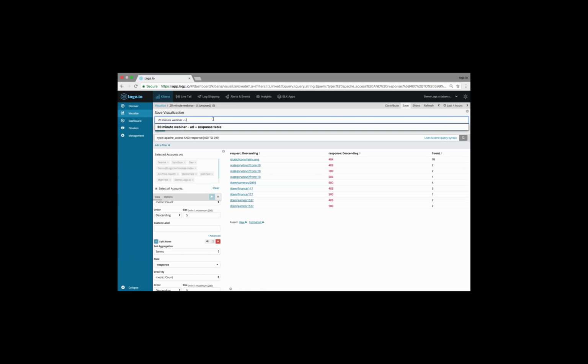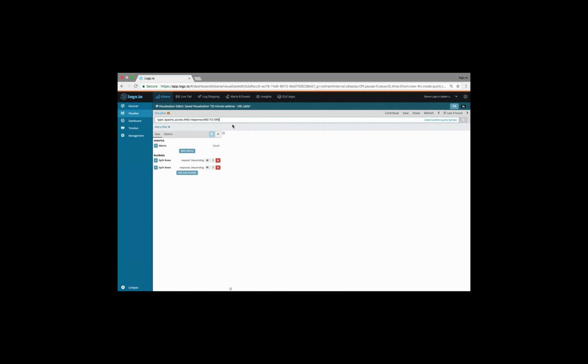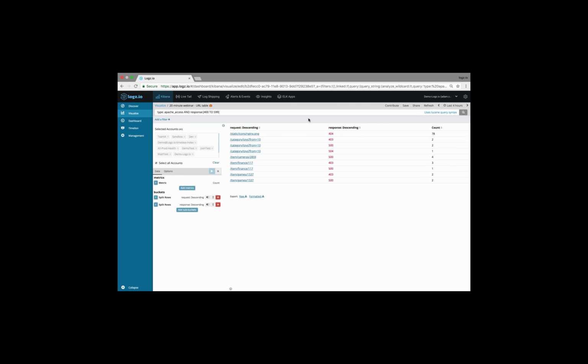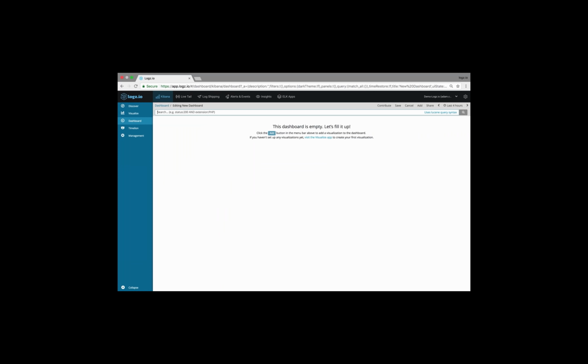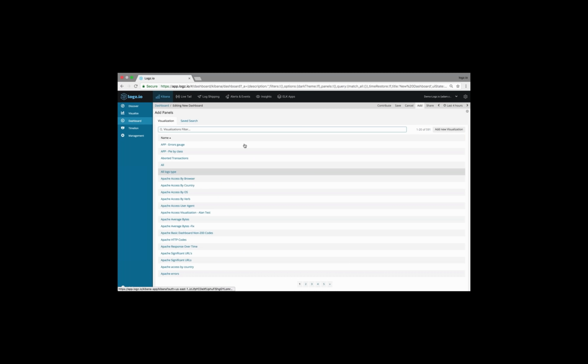Change the name to URL table. Click on save. Now I have a few more visualizations that I already prepared up front because there's nothing new that I can show there, and I would like to show you now how I arrange all of this into a dashboard. So let's go ahead, create a dashboard, and start adding at the right order all the visualizations that